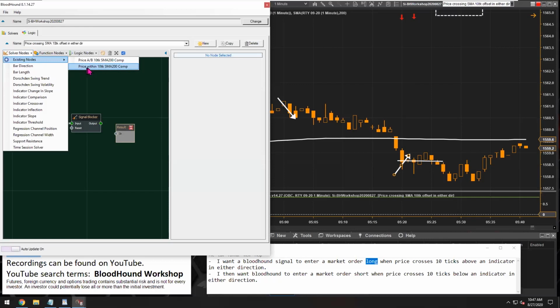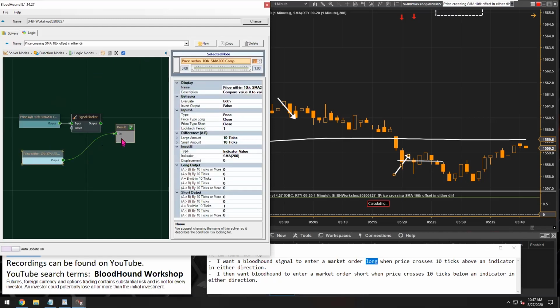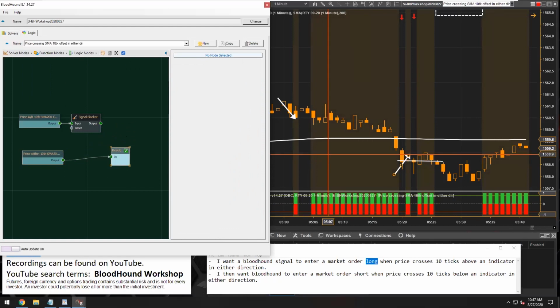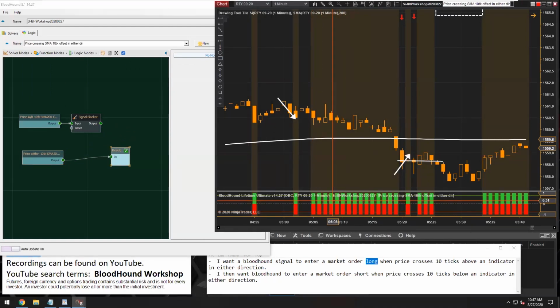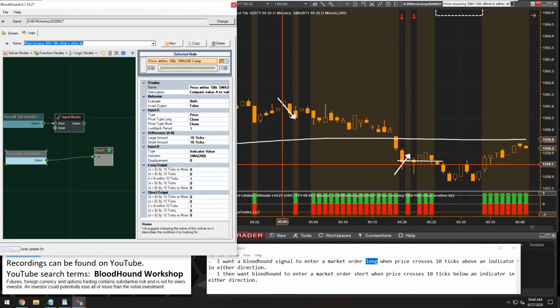And so there's that new comparison solver I just made, right? Price within 10 ticks. Let's put that on here. Let's connect that up. Let's take a look at what it's doing here. So what it's doing is, here, let's shrink that up. There we go. So what it's doing is